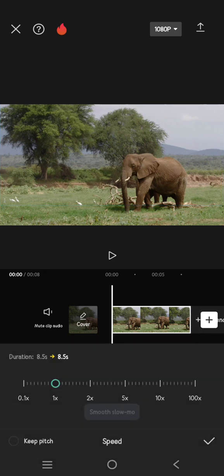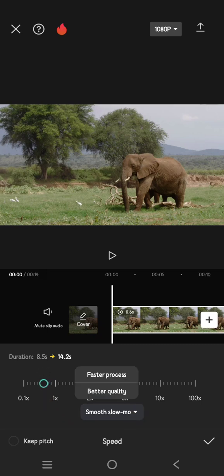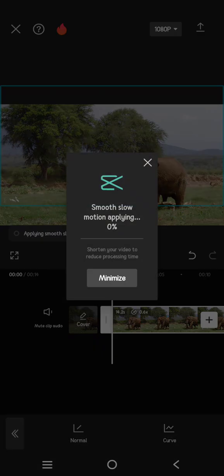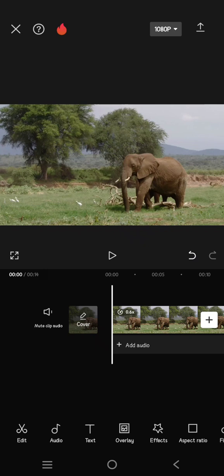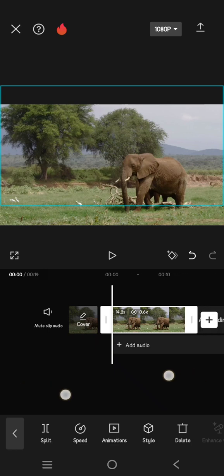Click on normal, and here I'm going to go with 0.6 seconds. Now here click on smooth slow-mo and choose a better quality. Just wait until the smooth slow motion applies to the clip. Okay, now after the smooth slow-mo is applied, what you need to do next is just add keyframes at the